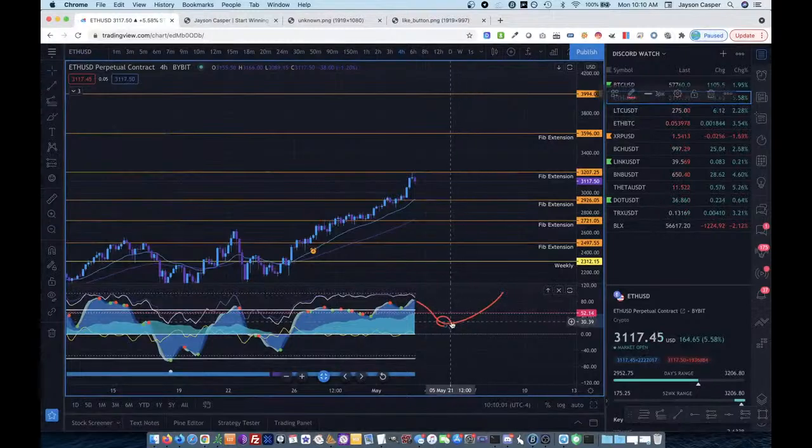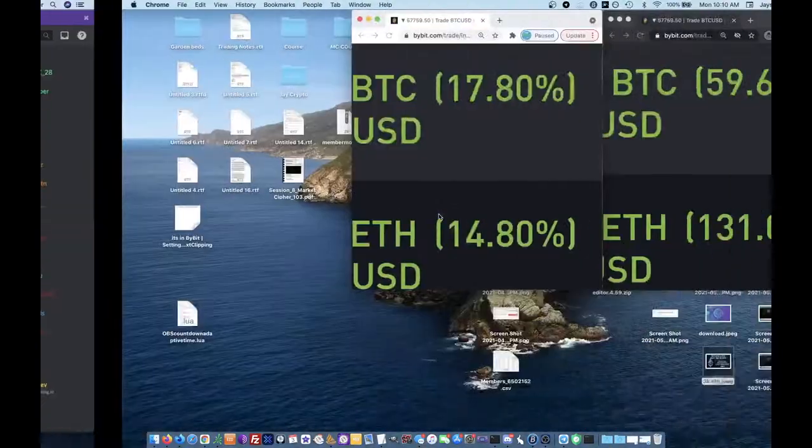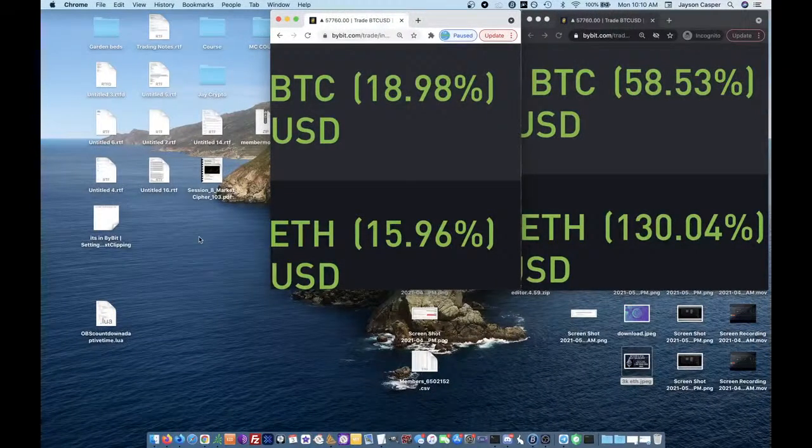But you can't go wrong shorting resistances. You'll at least get a scalp short. You'll be able to get something out of it. Like right now, my Ethereum short is up 15%. My Bitcoin short is up 18%. My Bitcoin long is up 58%. My Ethereum long is up 130%. Play both ends of the candlesticks, y'all,